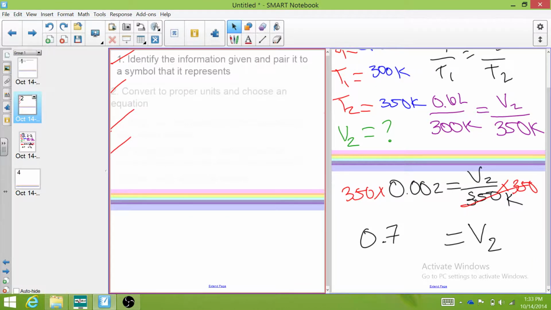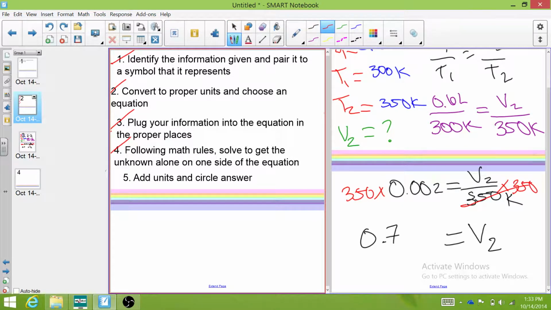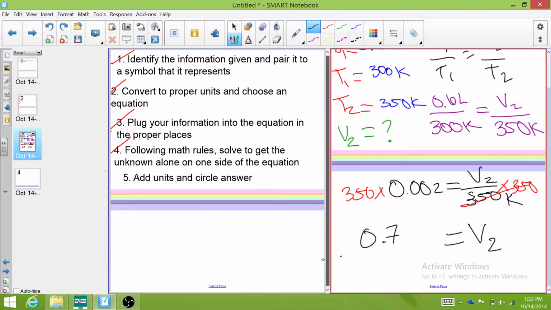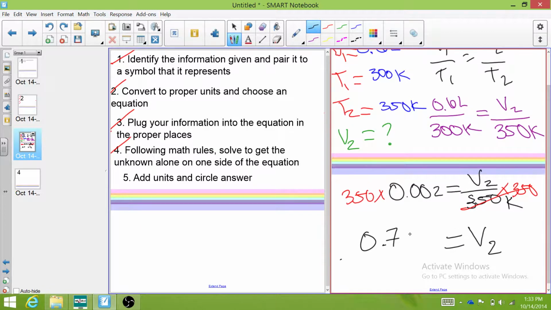Now, the last step, step number 5, is just wrapping everything up, and that's to add units and circle your answer. So if we look at this problem, V is what we were solving for, and we need our proper units for volume. If you look up here at what you were given in the problem, our volume is given in liters, so that means our answer will also be in liters. So I'm going to come back down here, I'll put an L for liters, circle my answer,